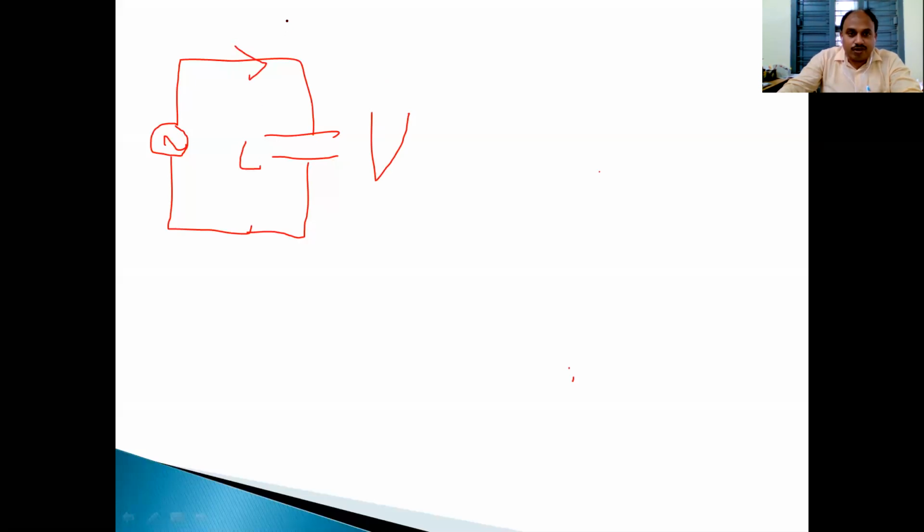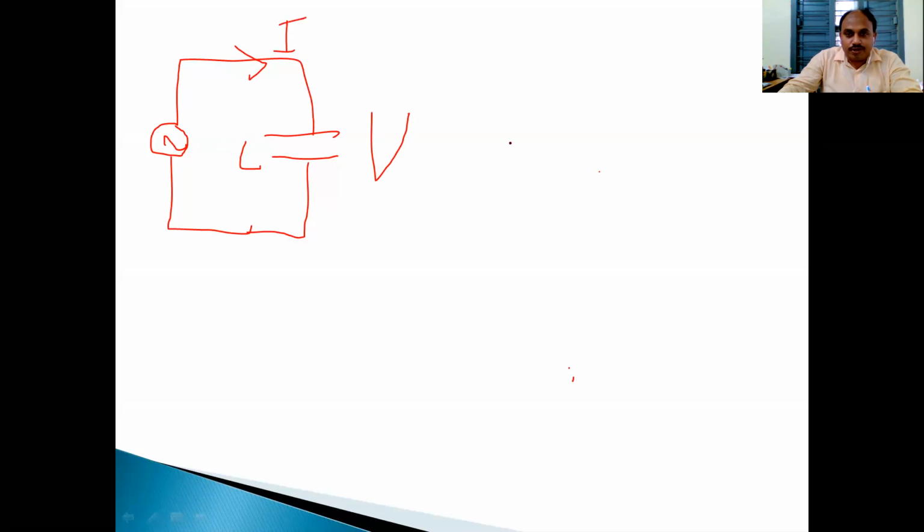Okay. Now for a pure capacitor load. Suppose this is the alternating supply voltage applied to the pure capacitor load. So this is the pure capacitor. Pure capacitor means there is no resistance and no inductance: the R value and L value are 0, only capacitance exists. The voltage across the pure capacitor is V, and the current passing through it is I.